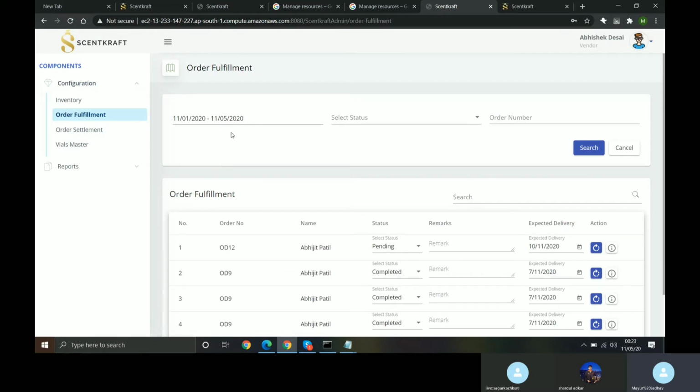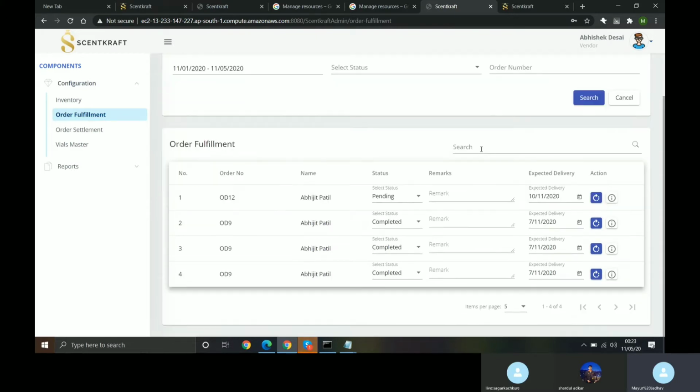Here you could just add a filter from which date to which date you want to see the orders from. You could also select which status, like you want to process pending orders or confirmed orders. So that is given to you. You can even filter based on order numbers directly. Currently, we'll just go ahead and see which orders are already placed, and then we could go forward and process them.